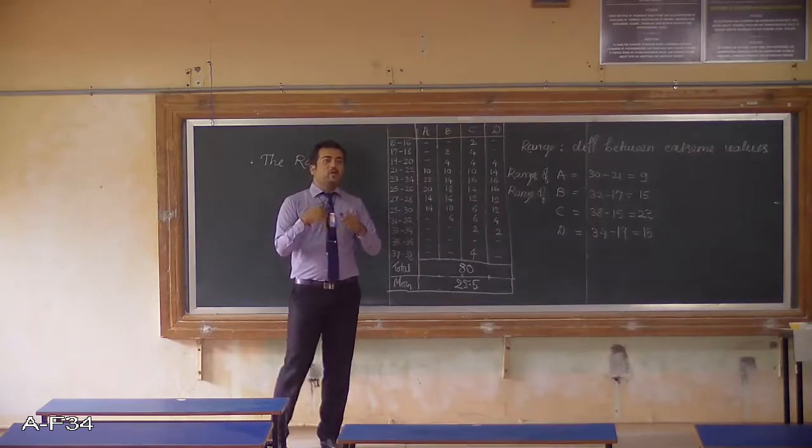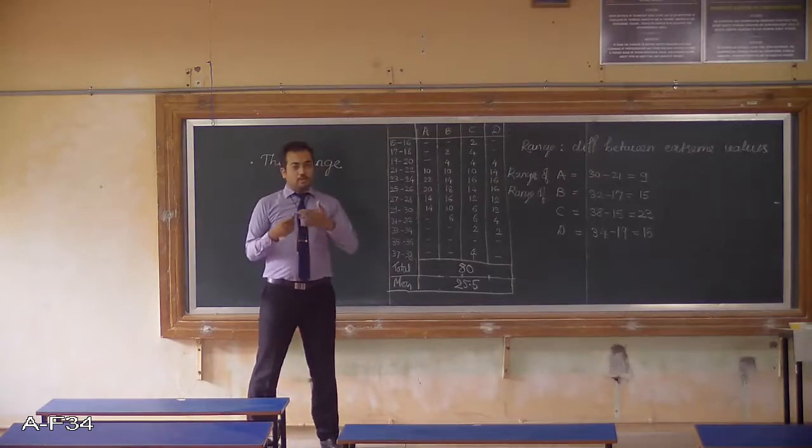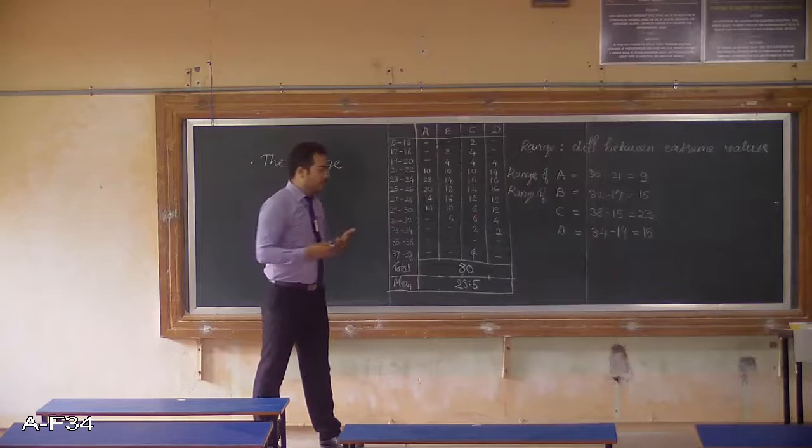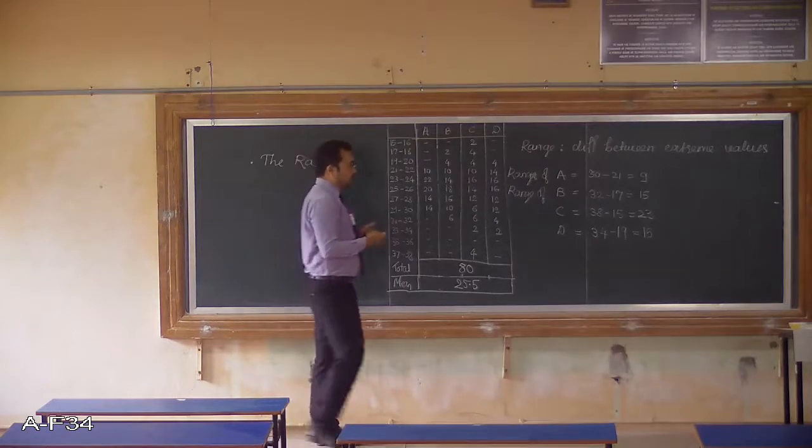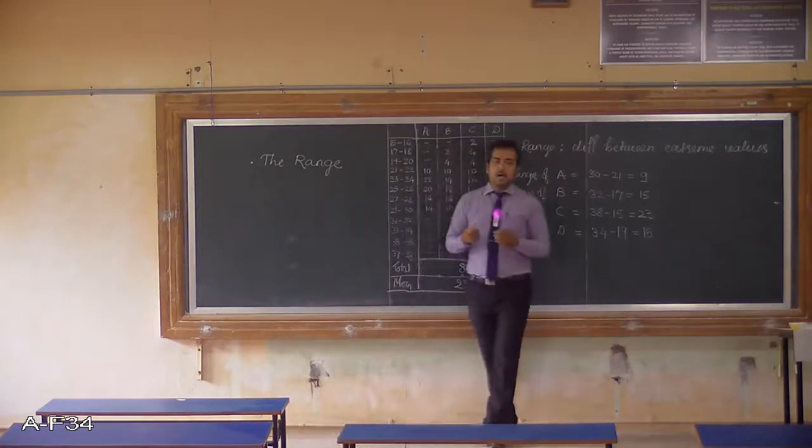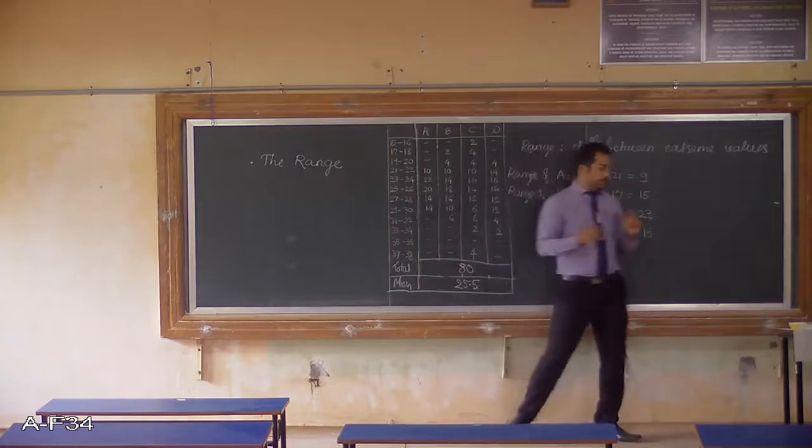So now we have one more coefficient or one more measure related to range that we will be calculating. That will give you a little idea about how elements are dispersed. So that is,